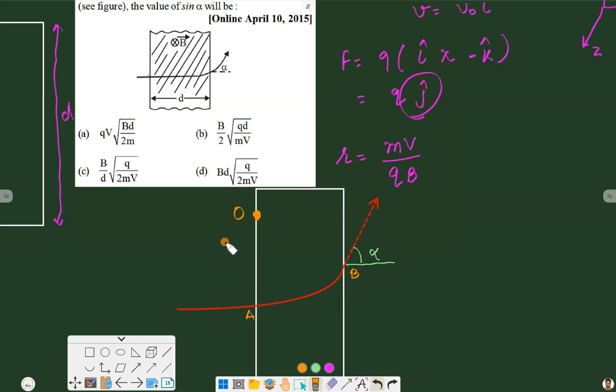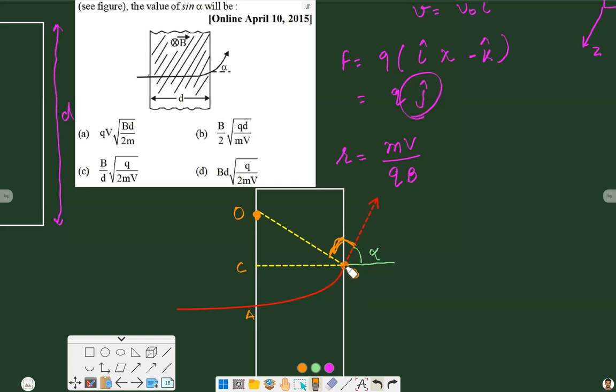and this center is known as point O. So OA is also a radius of the circle, and OB is also a radius of the circle. And let me draw some lines here, where OB is a radius and OA is also a radius. And if we draw a line here, and suppose it is C. Now suppose this angle is alpha. When particles leave, they leave at 90 degrees from the center. So this angle is 90 degrees. This whole angle is 90 degrees. This angle is alpha,